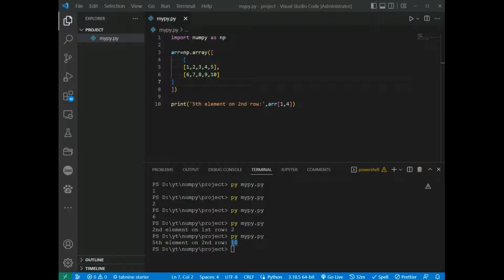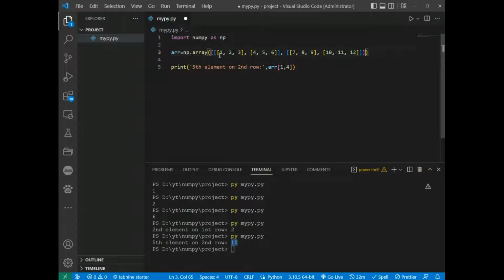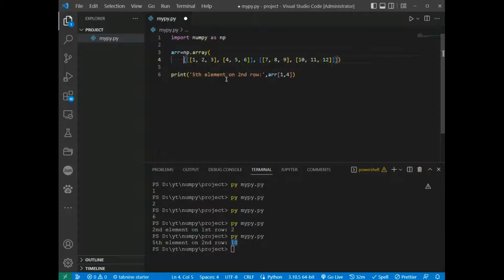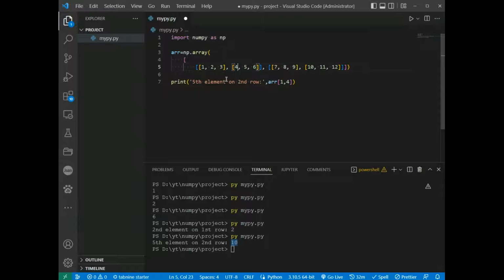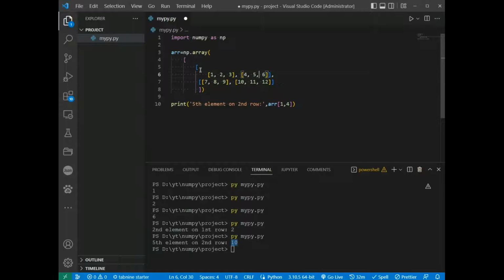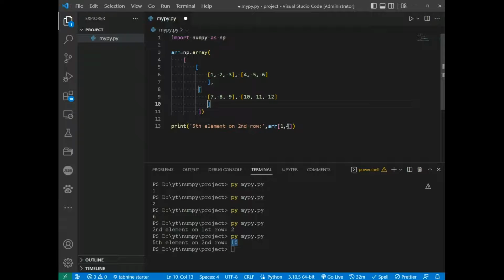So I copy the array and paste, and beautify the code. So we have this 3D array,